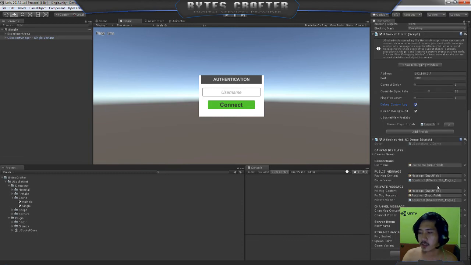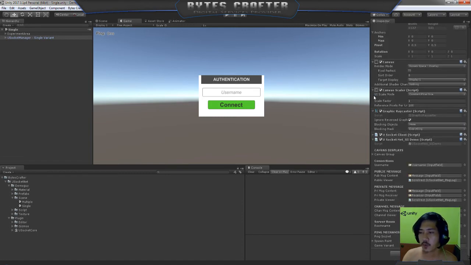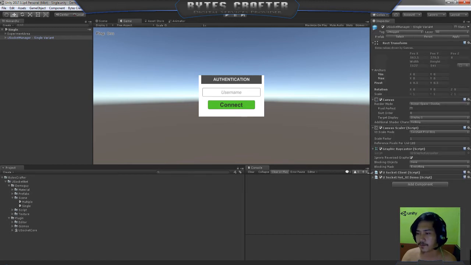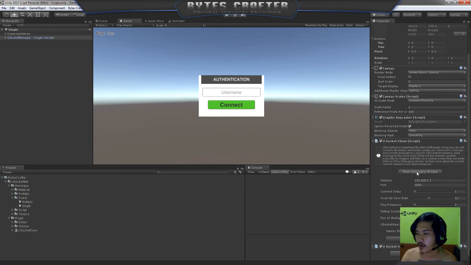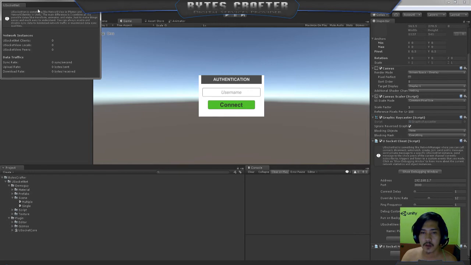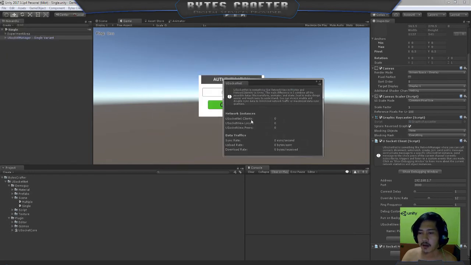Now, this is the sample script, the UI demo. We will try to discuss that later. So, this is the game variant. For example, Demo Guy Single will only be matched with Demo Guy Single, not with Demo Guy Multiple. Let's take a look at what you basically need, which is the uSocket client. We can also show here the uSocket show. So you can debug this, and don't worry, this will not be included in the build. This is just a Unity editor tool.